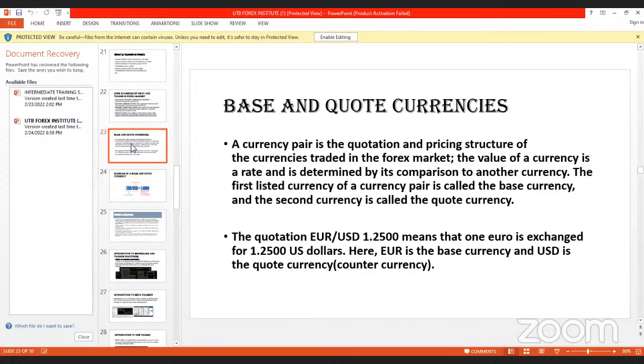If they are traded in pairs, that means there is a currency at hand, and there is the one that you need to buy, the other one that you use for an exchange. That's what we mean by base and quote currency, the first currency and the second currency. A base currency is the first currency that comes in a pair. What we know is that the one that comes first is your base currency, whereas the other is your quote currency.